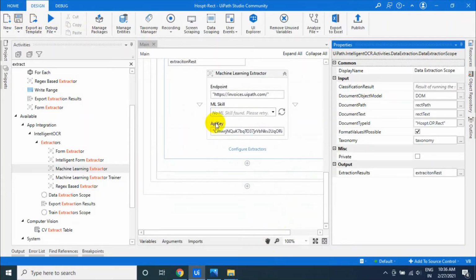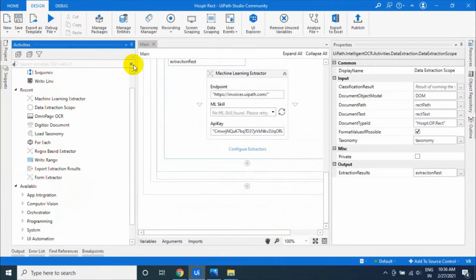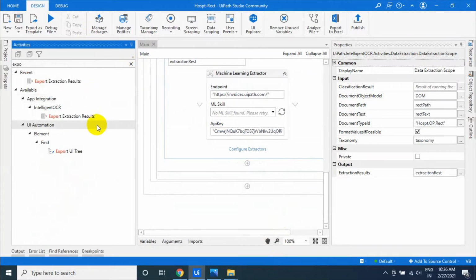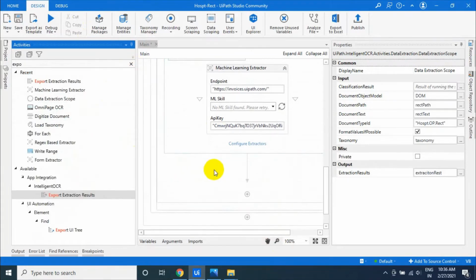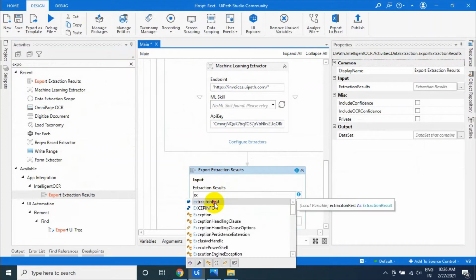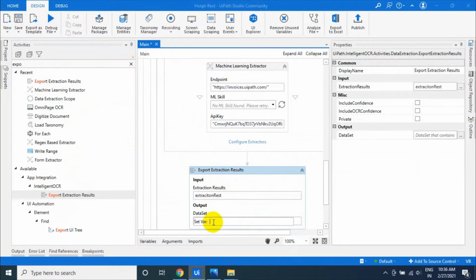Once you are done with that, the next thing is export extracted results. Extracted results is a class. You have to export it into the data set. A data set is basically a collection of data tables.